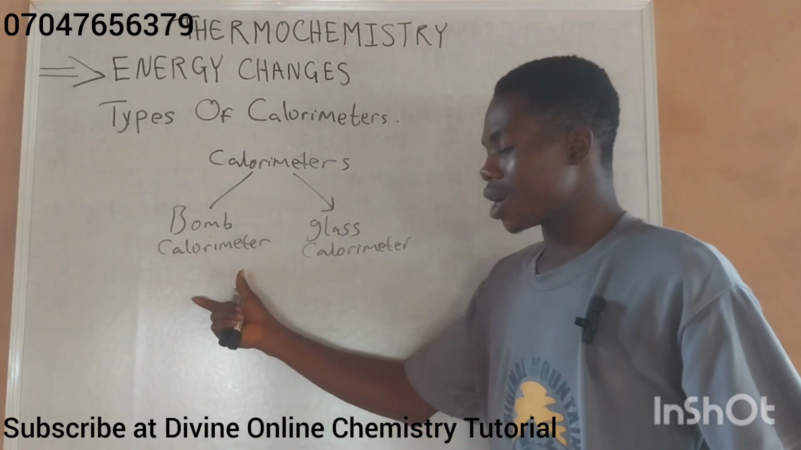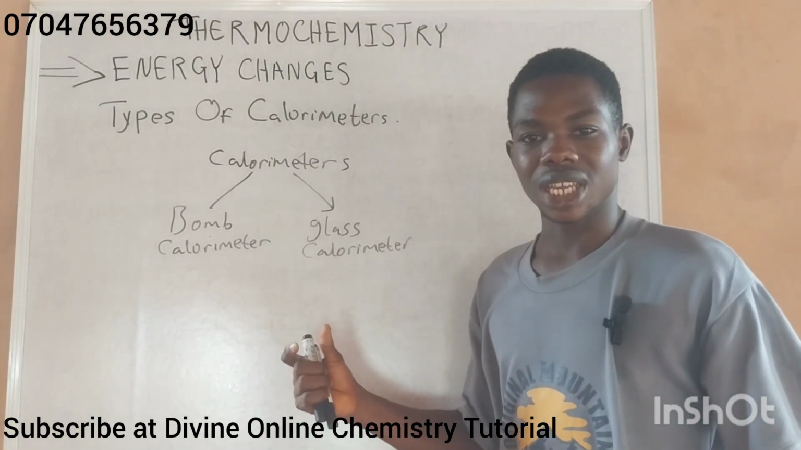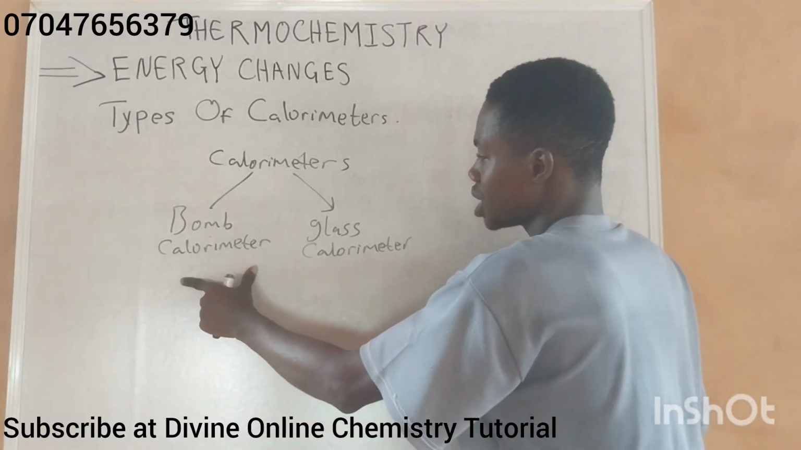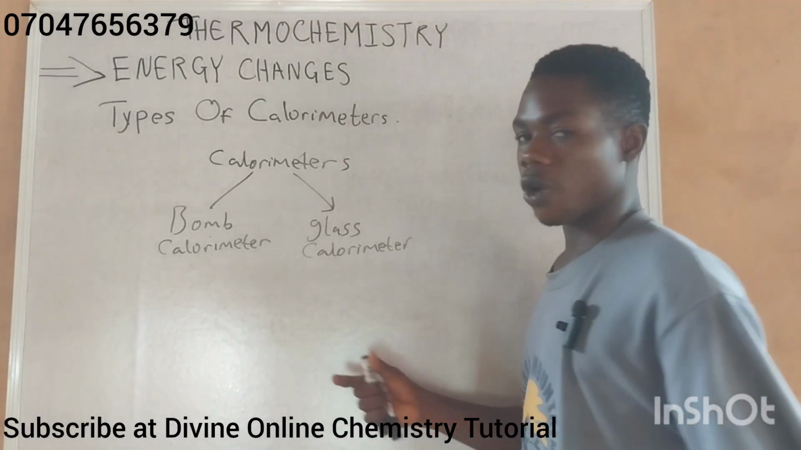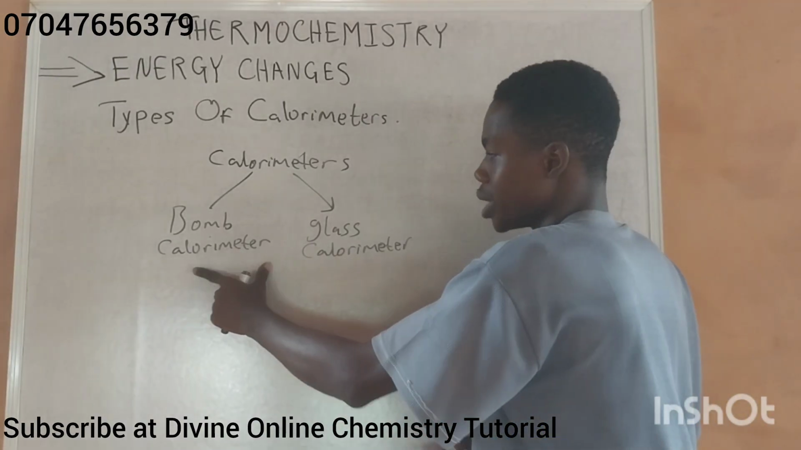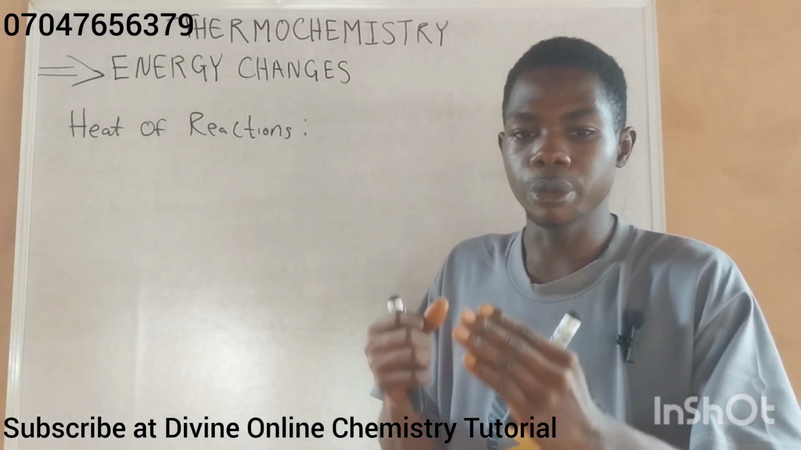Please take note that the bomb calorimeter is used in the combustion of fuel. So please take note of this, that the bomb calorimeter is used for the measurement of the combustion of fuel. So from here, we'll be moving straight to